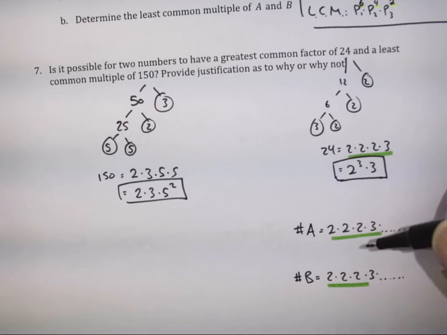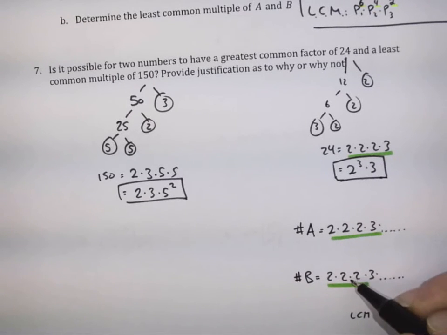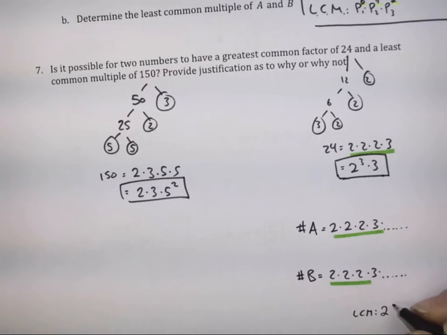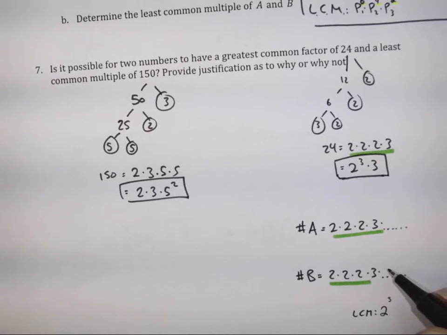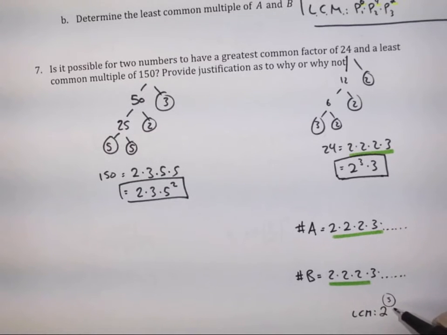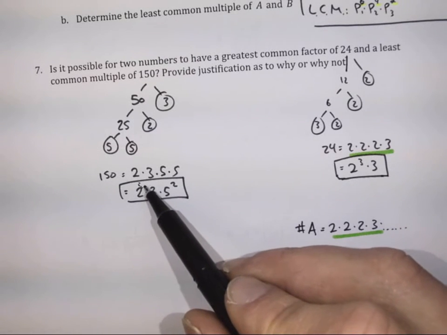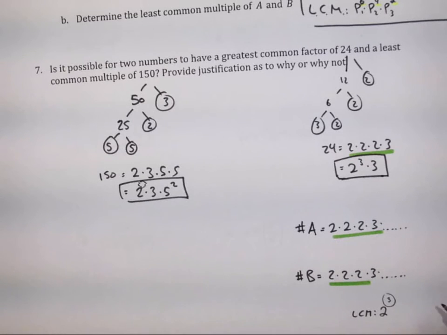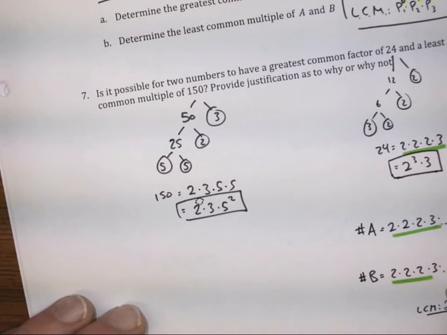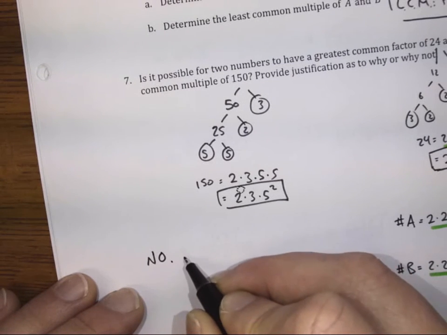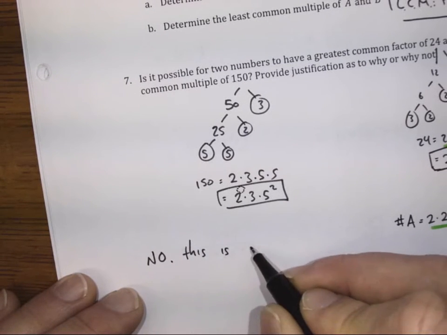Okay, so that's fine. Now, if that's true, is it possible that the LCM of these numbers, imagine we forget any of the other factors, would at least have to have a 2 raised to a power of 3, at least. Maybe they have more factors of 2 somewhere else. Now, because there's no 2 raised to a power of 3 in 150, we can say that no, this is not possible. So I'm going to say that in words. No, this is not possible